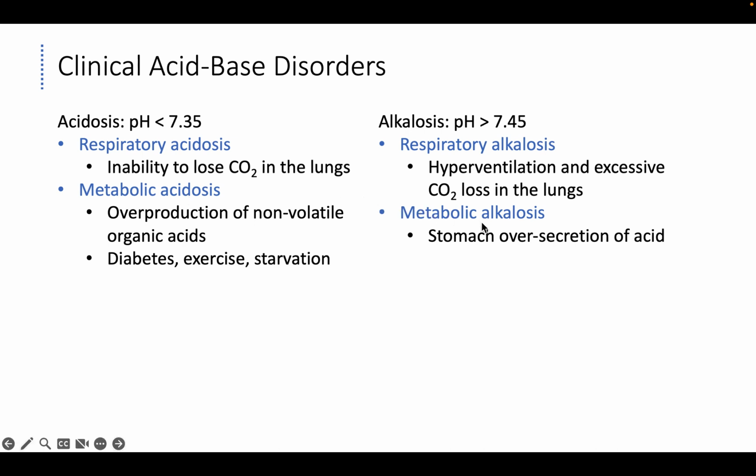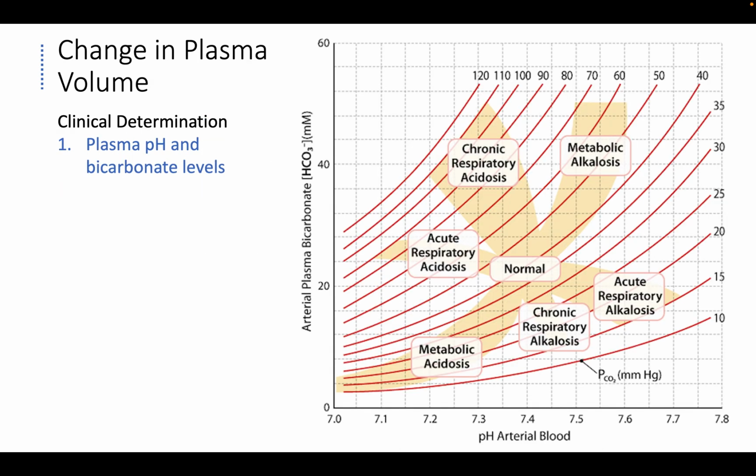Or if we have metabolic alkalosis, we may be altering the amount of acid that's secreted in the body. You may have vomitus. You may be throwing up acid, which is decreasing the acidity level or increasing the pH, things like that, right? And so you can look at graphs like this and see the relationship between the pH of